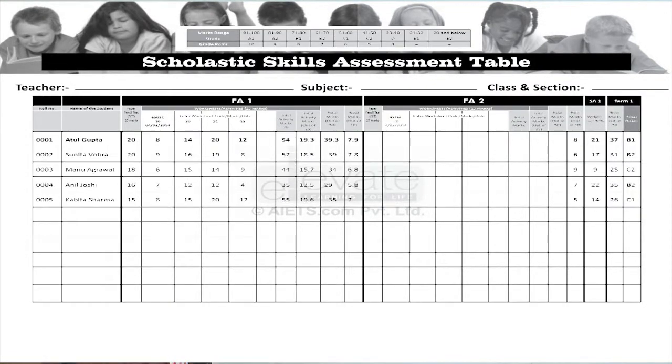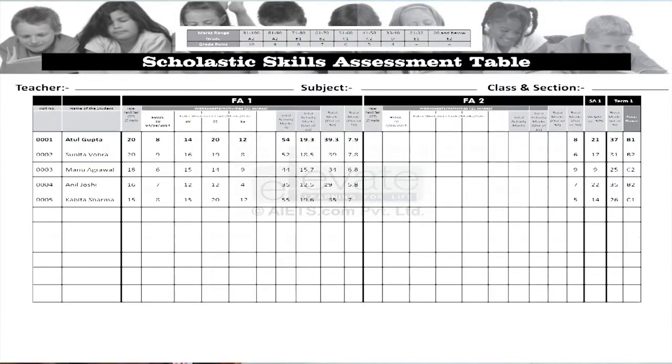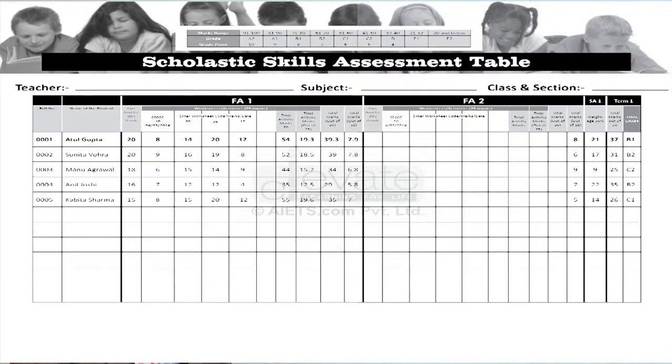In FA2 he has got 8 marks, and then he has got marks for his SA1, and we have added FA1 marks 8 out of 10, FA2 marks 8 out of 10, and SA1 marks 21 out of 30. So out of 50 it is 37, which makes the grade B1